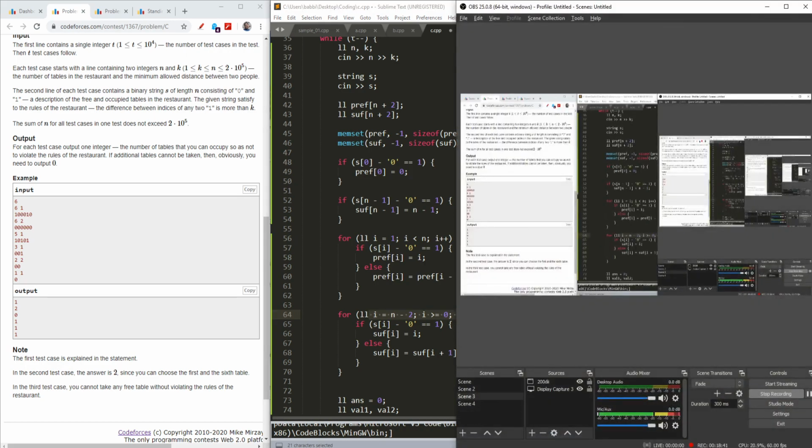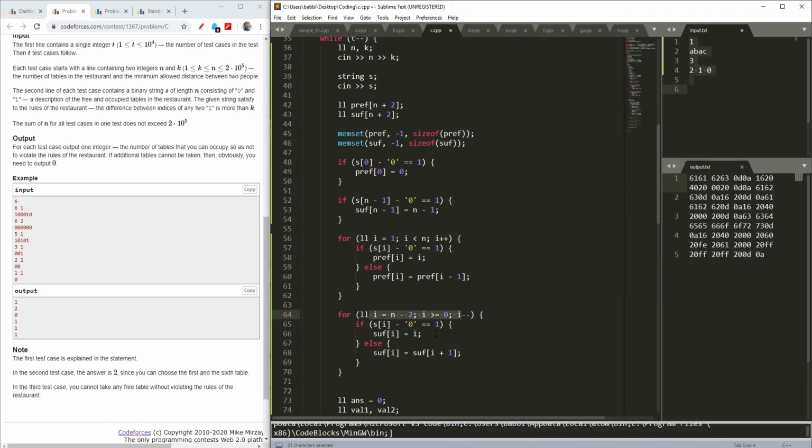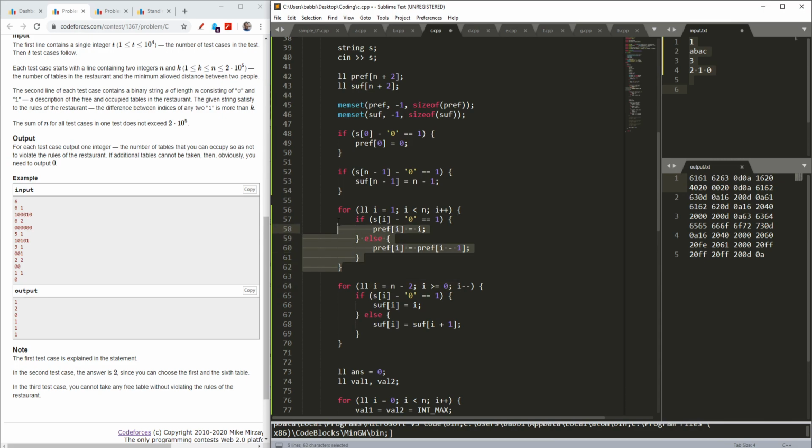I hope that the recording is going fine. Yeah, it is going fine. So I will check, first of all, if the value at s of i is 1, then I will update my prefix as the particular index. But if it is not, then I will just have my previous prefix value.